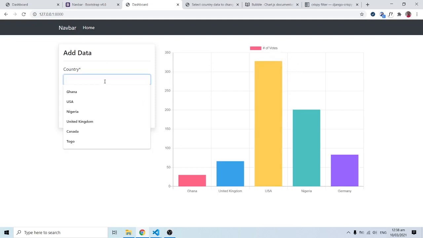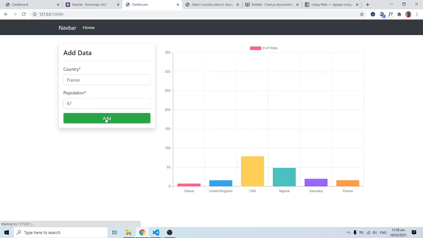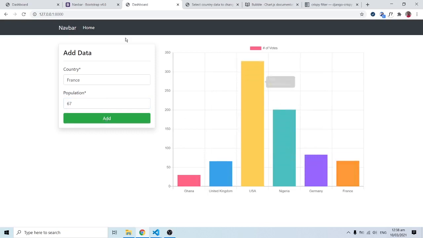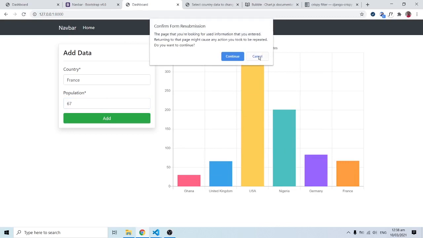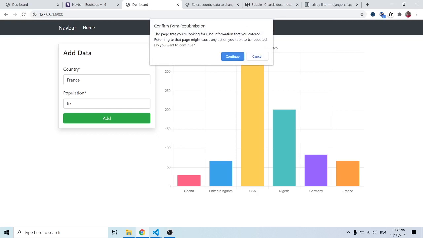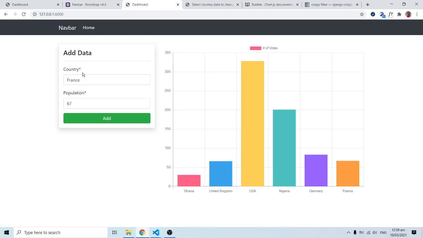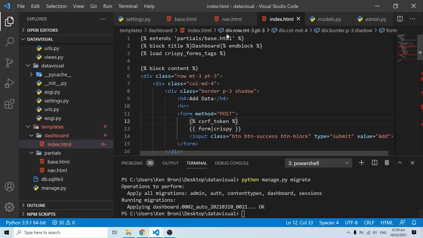In order to finally test it, we can see France, and the population of France is around 67 million. So when I add France over here, and I have France added here, okay, now you can see that we are clearly having some problems. Whenever you add data and we try refreshing, we see this pop-up over here. Now when we click on continue, it is going to add the data again, and that's not what we want. We certainly also don't want to have this France being stacked over here, and that's simply because we need to